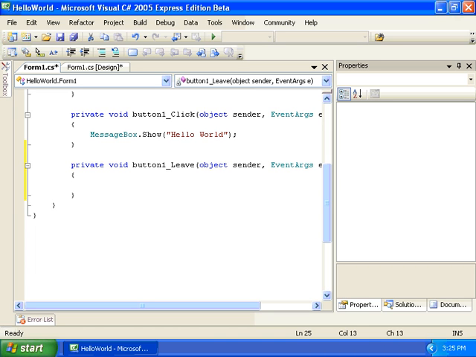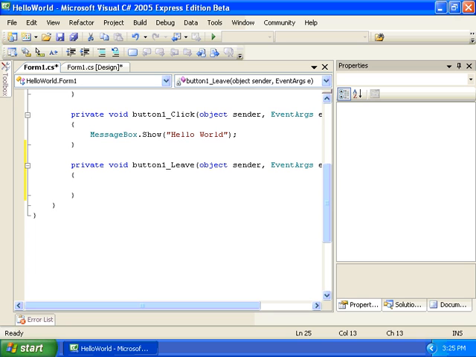Okay, so now you should understand a little bit more about events. Let's get on to some more fun stuff. Let's write something meaningful within those event handlers. In the previous lesson, we looked at how to adjust the properties of an object, like a control, using the Properties window, and we talked about how this is just a shortcut to actually writing the code ourselves. So now we're going to start writing code in our event handlers that actually changes the property of an object